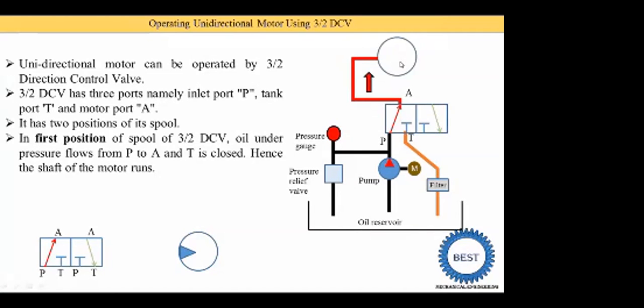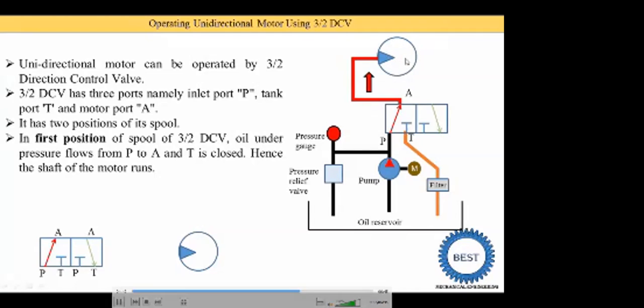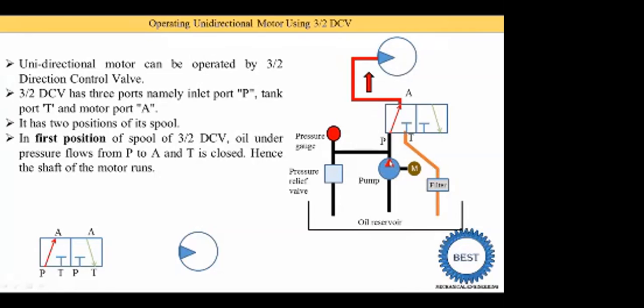So here we draw the symbol of the unidirectional motor. It is not necessary to draw this triangle here. You can draw this triangle at any location, or you can also draw it here, at the bottom part, but the point to take care of is that the apex is inside. Now in the case of the pump, you see that the apex is connected on the periphery. So this is the difference between pump symbols and motor symbols. And here you see that the motor is rotated in the clockwise direction.